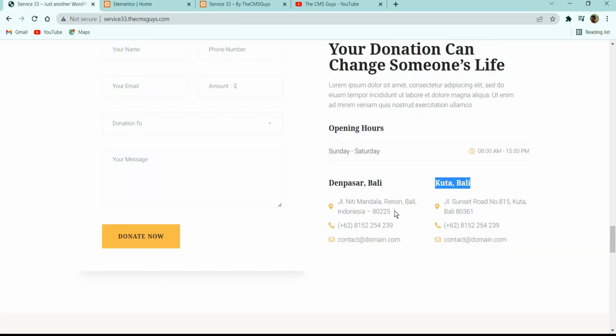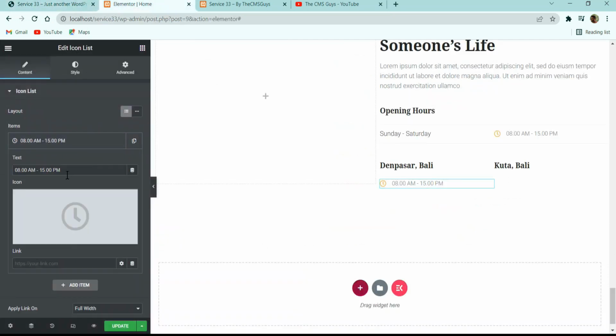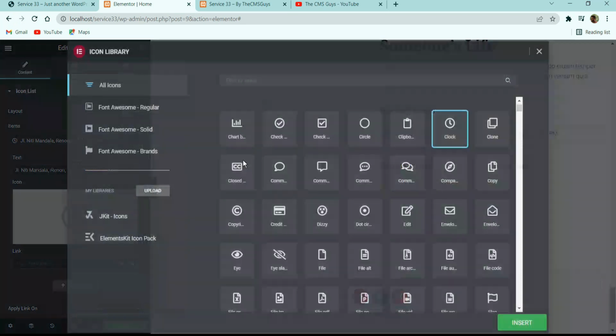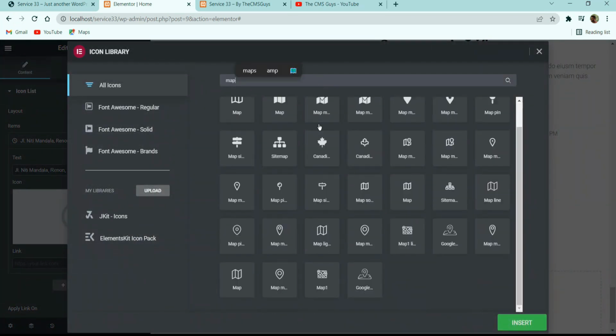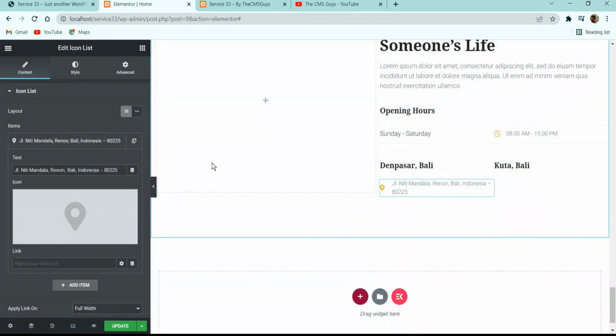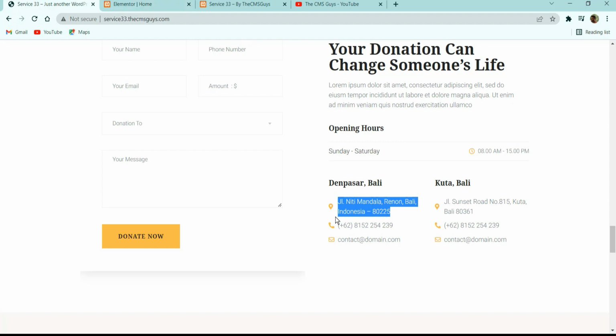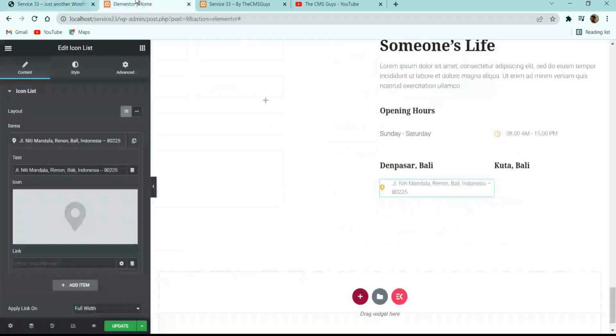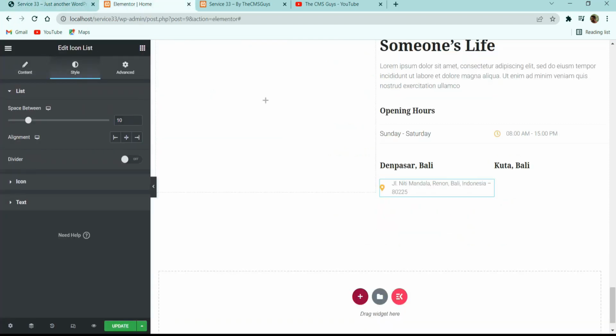So if you notice over here, let's copy this text from here and let me replace it, and I want to give it a map icon. So you can search for map and you can use this. Let me click on insert. So now if you notice we have map, then phone, then email. You can do it over here like this. So you have to go to this